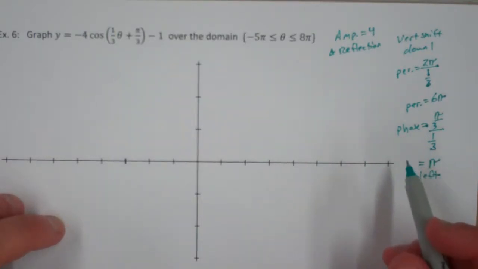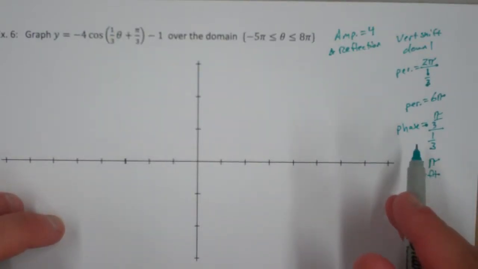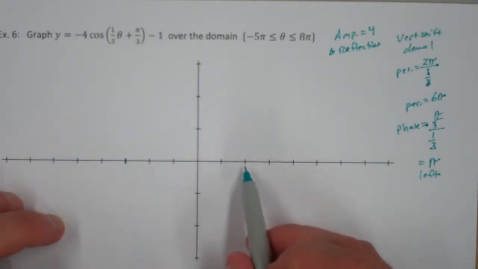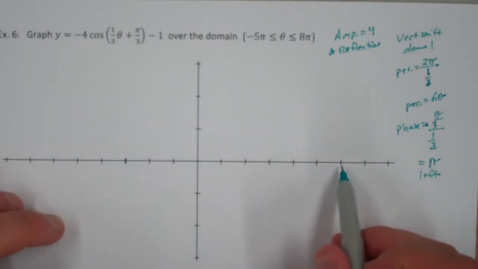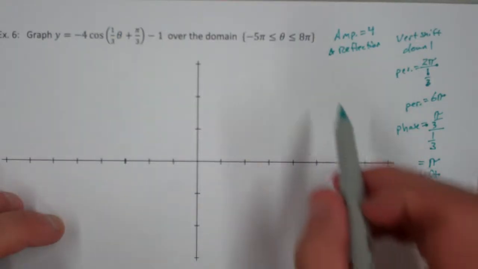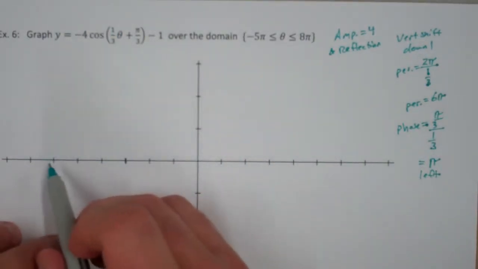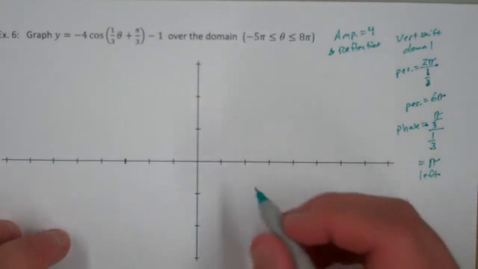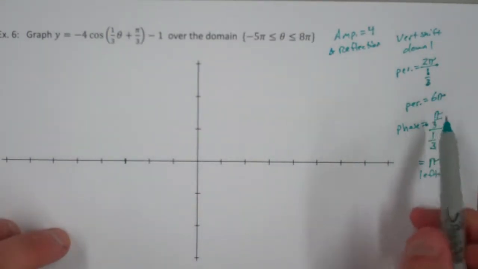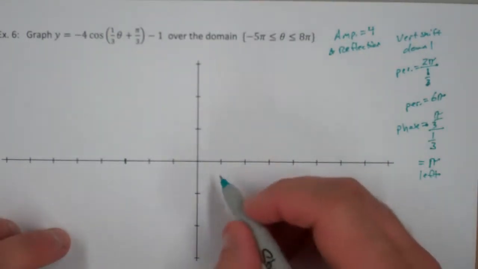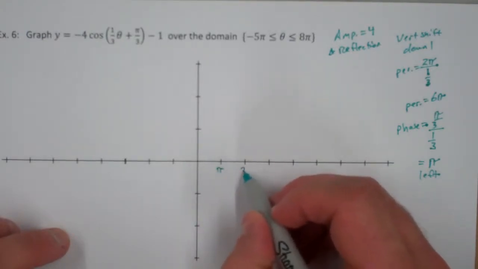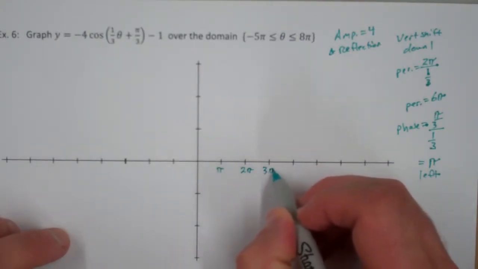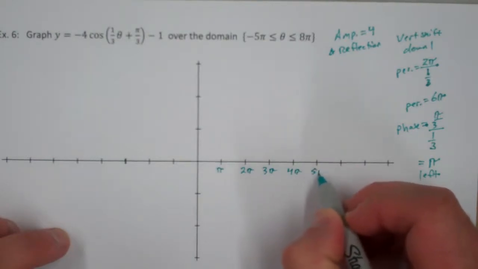Or if you tried to keep with something a little bit more usable, then you could do pi, 2 pi, 3 pi, 4 pi, 5 pi, 6 pi, 7 pi, 8 pi, and then the 8 pi would go there, and then we would catch negative 5 pi here as well. So let's try that. You could divide by 4 and do 3 over 2 pi for each one, but I think it'll probably work if we just do pi, 2 pi, 3 pi, 4 pi, 5 pi,